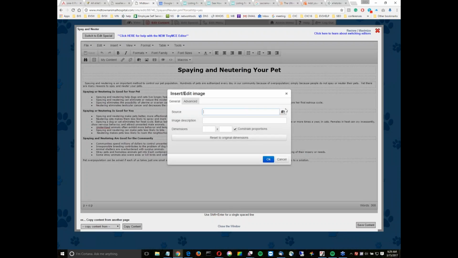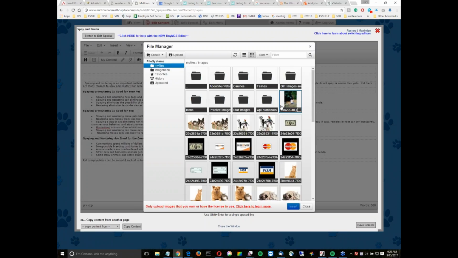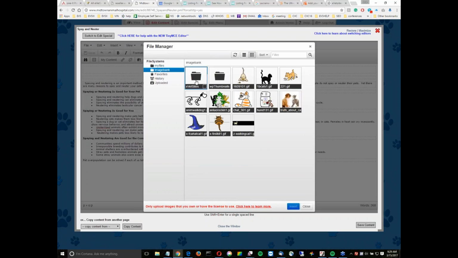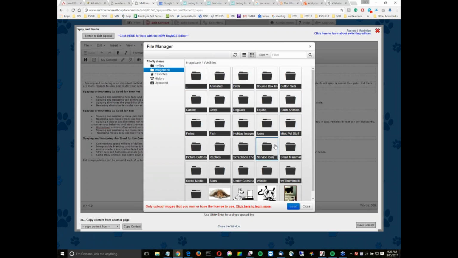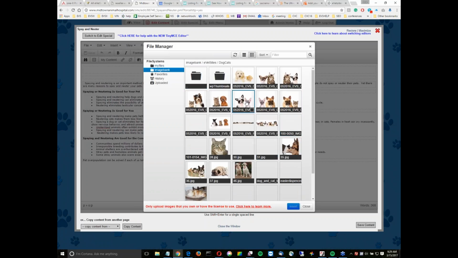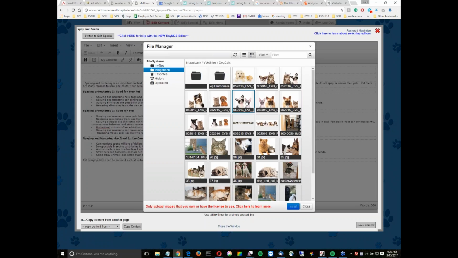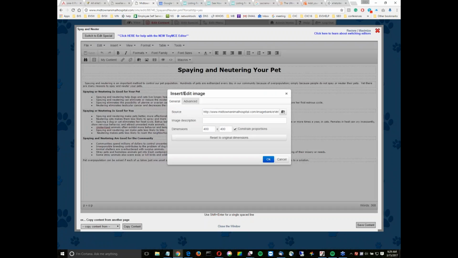You can't go wrong with pictures. People love to look at animals. We have some stock images here. If you go to Image Bank, and then click on eVetSites, here you'll see them. I'm going to go to dogs and cats. I like this guy's ears. Spaying and neutering. So here what we could do is we could say,